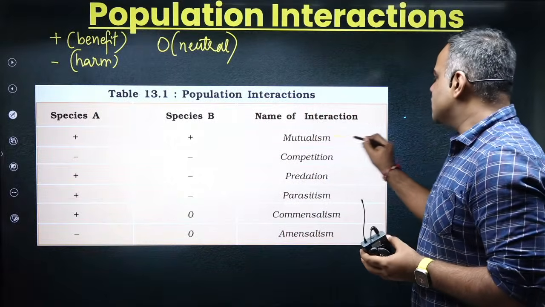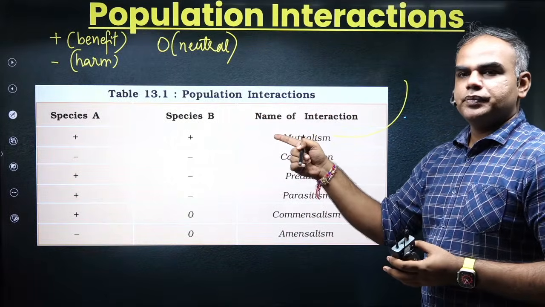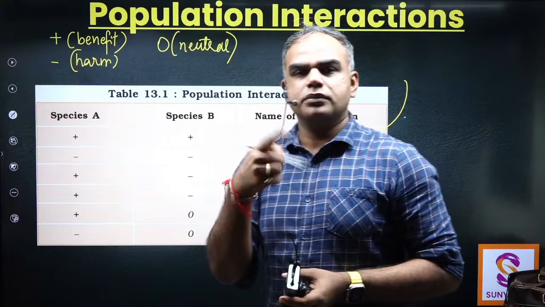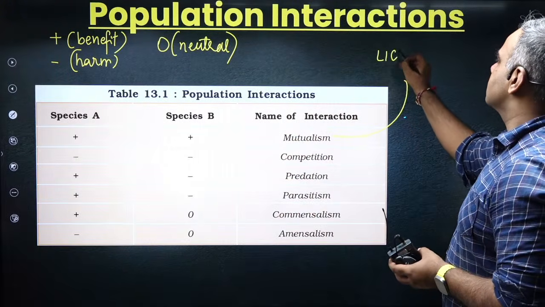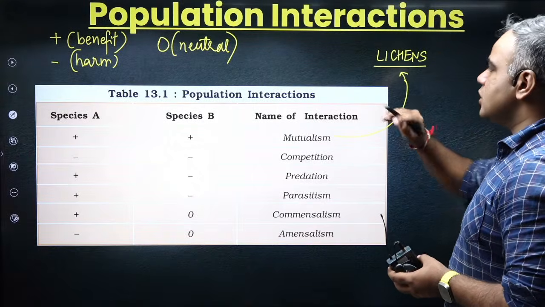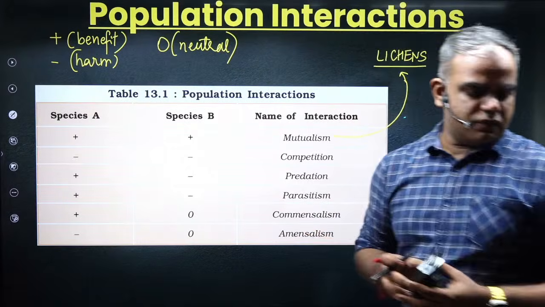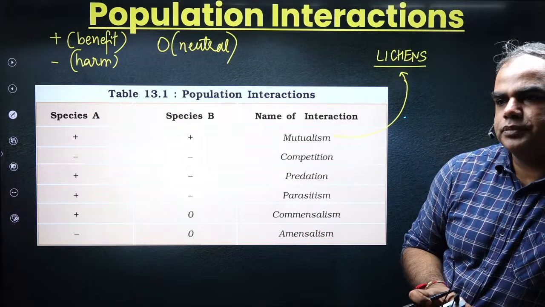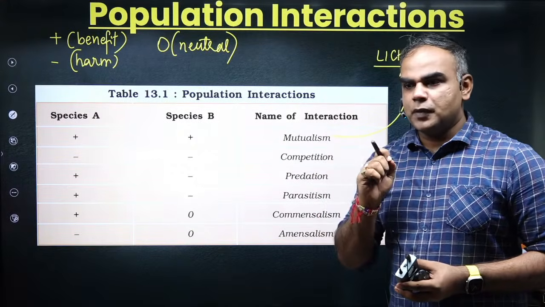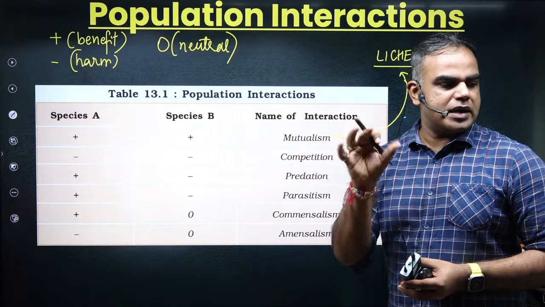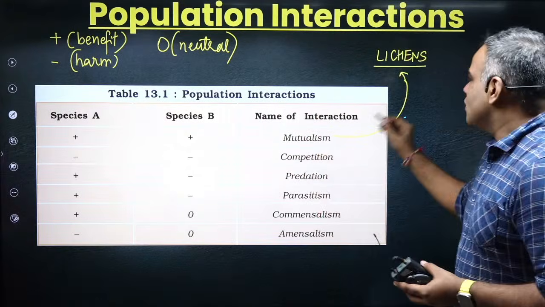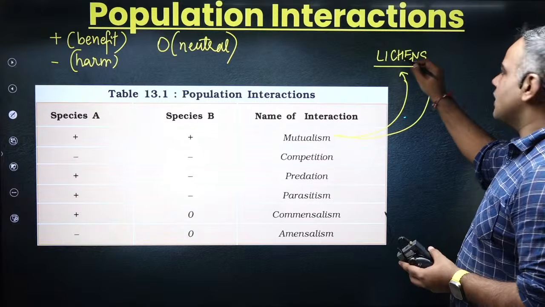देखो, mutualism में क्या देखा हमने? Plus, plus. Any one example that you can tell me that we have done in the class? Lichens हो गया. Any other interaction in the world that we see where both are getting benefited? अभी के लिए देखो, a lot of terms which I'm going to tell you, you have not done them yet. ठीक है? So people who are watching this or you, even if you're attending, I am going to tell you. ऐसा नहीं है कि ये सारी चीजें आपने पढ़ रखी होंगी पहले. ठीक है? तो म्यूचुअलिज्म में we'll see examples. अभी जैसे वन ने बताया lichens.